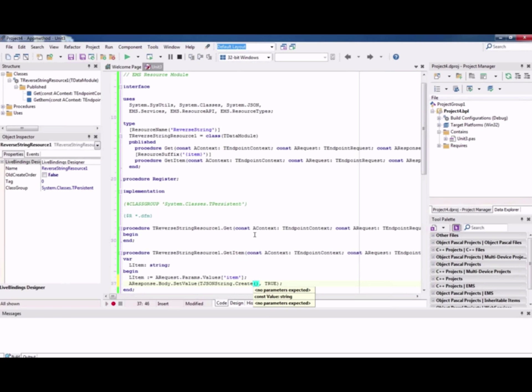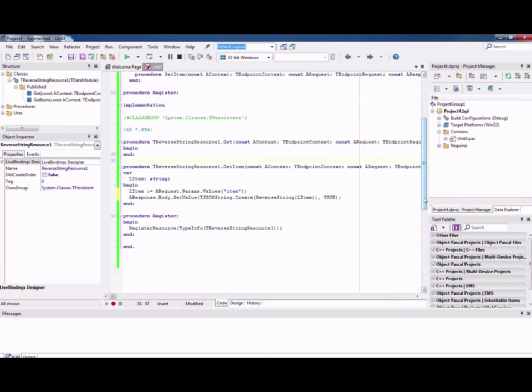And in here, I want to take the string that was passed in, which is going to be stored in this L item, and I want to reverse it. So I'm just going to call an API function called reverse string and give it the L item. And it looks like I forgot to add my uses clause for that reverse string function. Okay, so that's really all that's required to get a GET API up and running